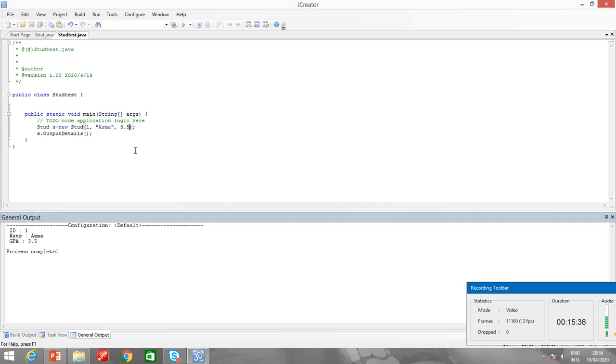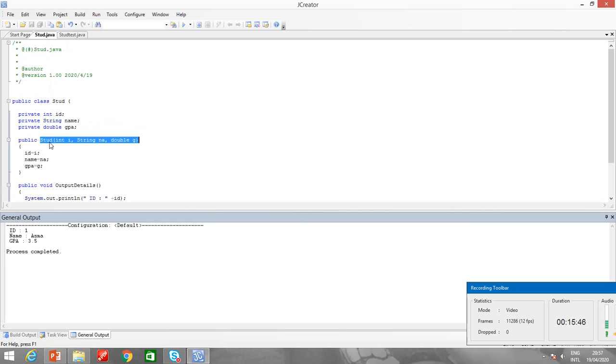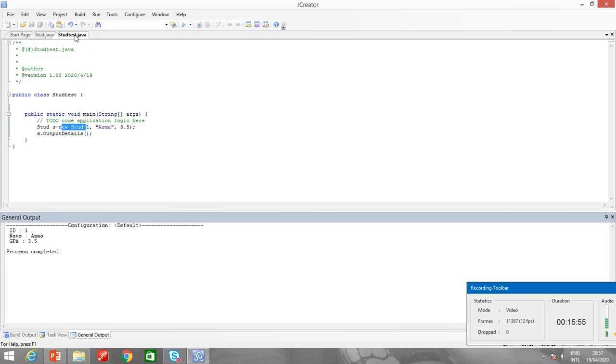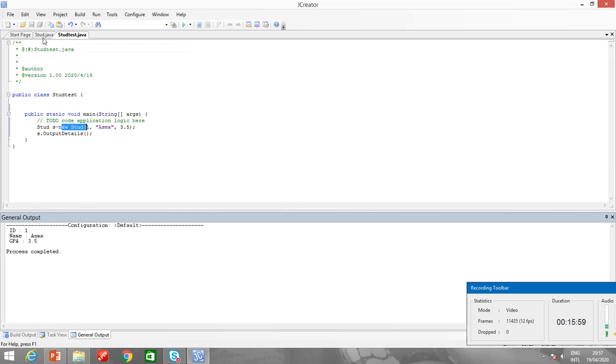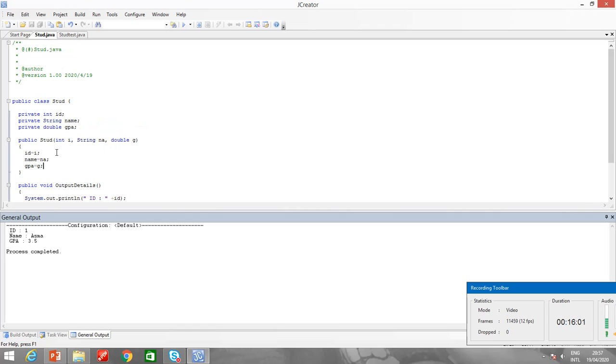Now how is this program executing? When the main method is called, Student s is equal to new Student. At this point the control goes to the Student class and calls this parameterized constructor, initializes I with the value 1, then NA with the value Asma, and G with the value 3.5.